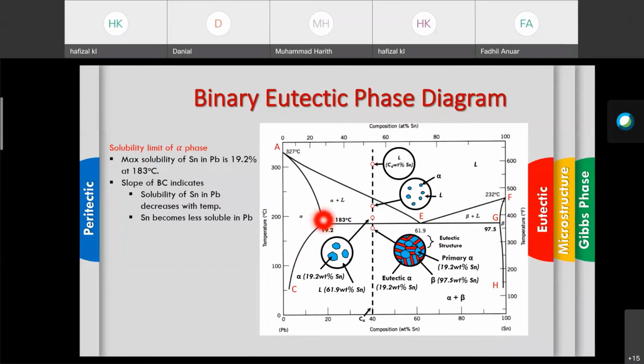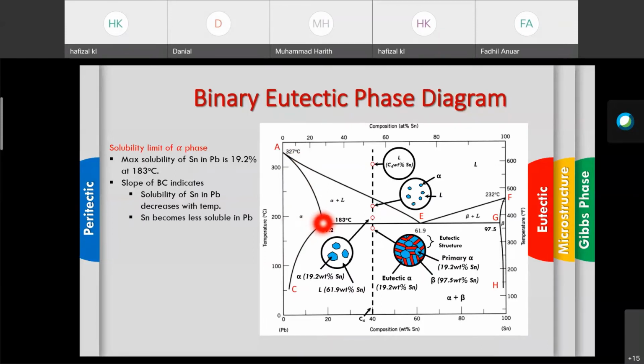The maximum, so we call it the highest limit of the Sn to be soluble because of the borderline. After this there is no Sn in this area, only 100% of alpha. So this point at B is the borderline or the maximum line existing of the Sn,